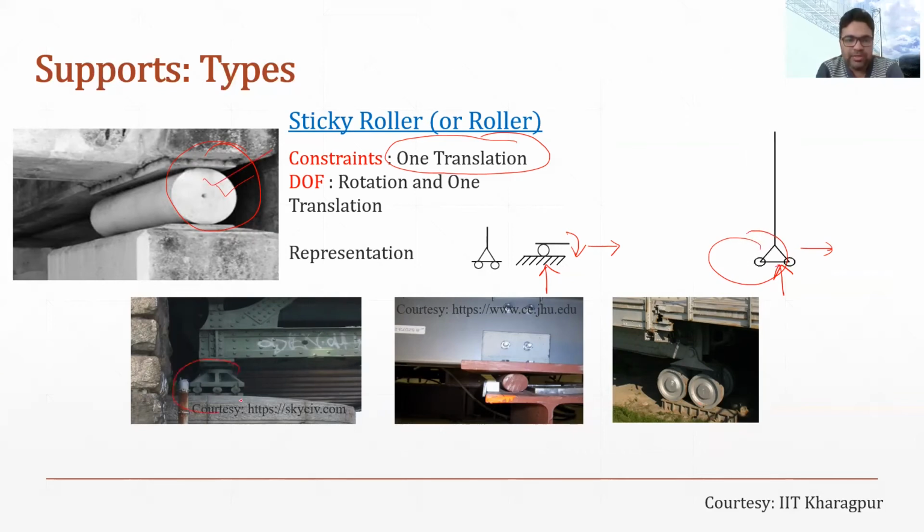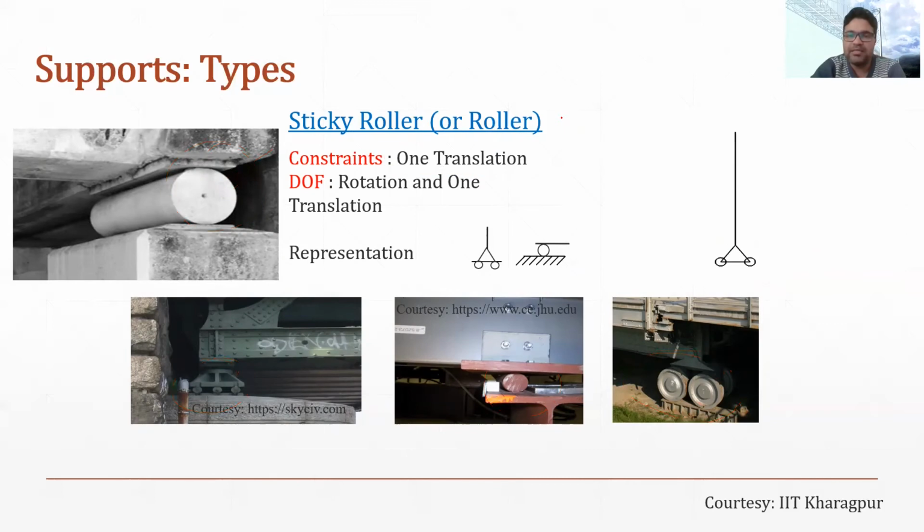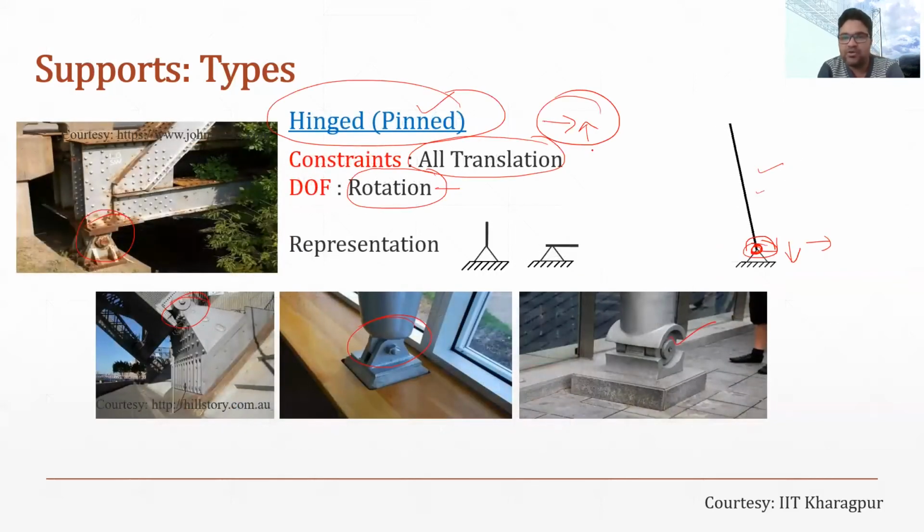This is also the type of roller support. This is also the representation of roller support here also. So in that case, horizontal movement and rotation can occur, but it will offer reaction vertically. So basically, the number of reactions offered by the roller is 1, while in case of the hinged, the number of reactions offered by the hinge connection is 2. One is horizontal and second is the vertical translation, and it is not providing reaction against the rotation. So there are only 2 reactions offered by the hinged support.